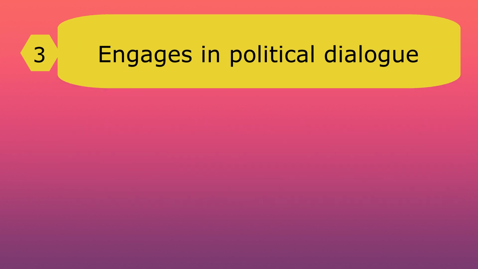3. They engage in political dialogue. OAS provides a political forum for member countries to come together to advance their common goals and work out their differences. For example, the member states negotiated the Inter-American Democratic Charter, which is a blueprint for what democracy should look like in the region. So they know that they're independent, and once they're a democratic state, they know what it should look like. What are the things that should be happening in the country?